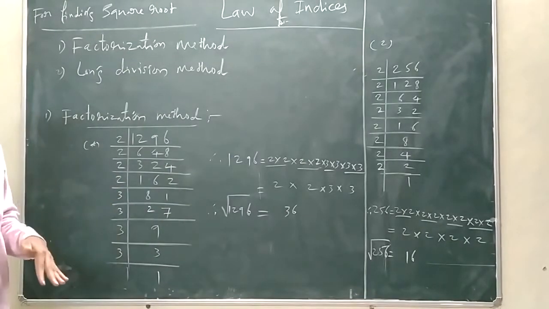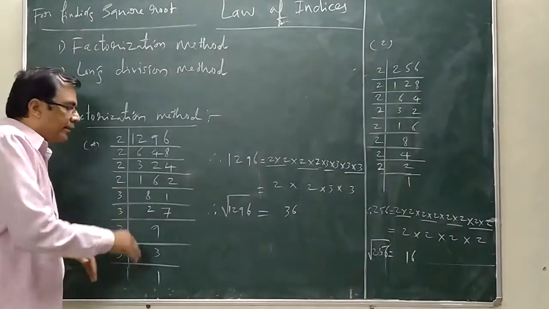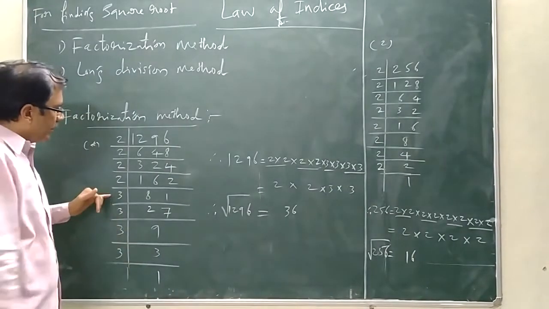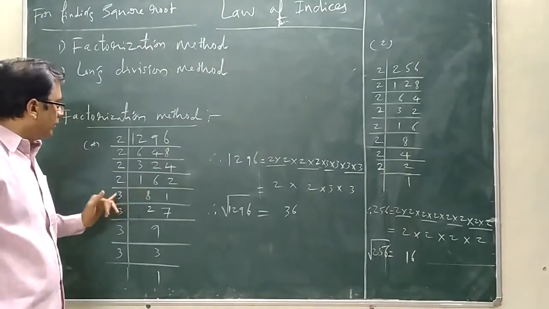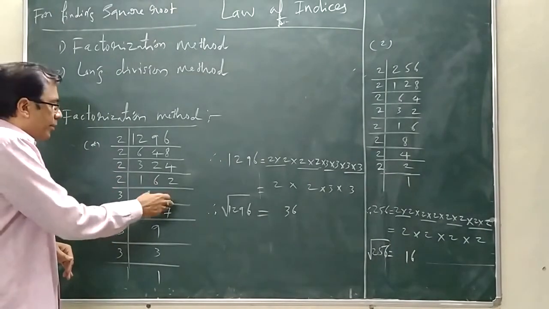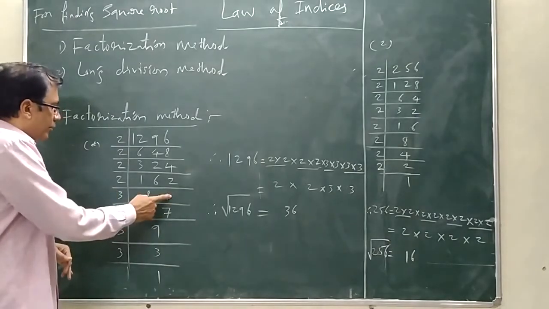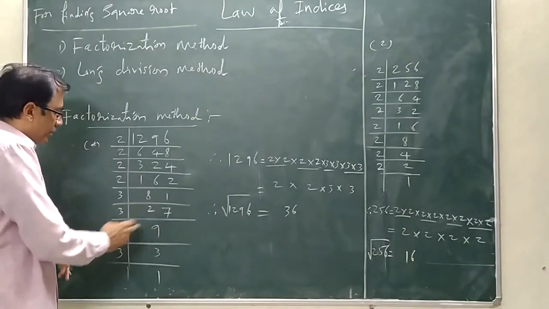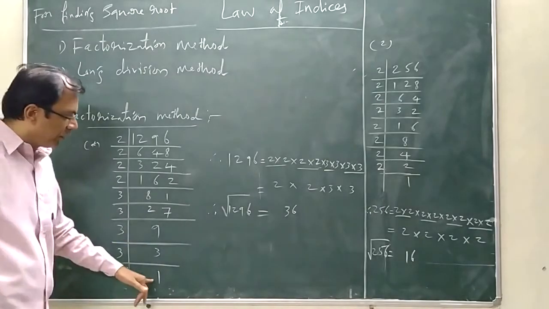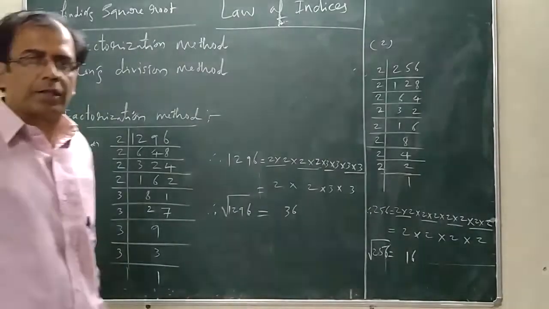You have to take a 3 because you cannot divide the 81 by the 2. 3 you need to take. Next 3 2s are 6, and 2 left, it will go here and become 21. Next 3 7s are 21. 3 9s are 27. 3 3s are 9. 3 1s are 3. So the last number 1 remains here.